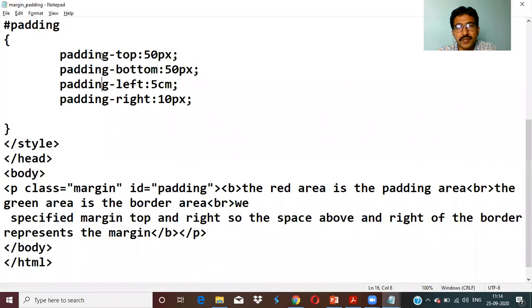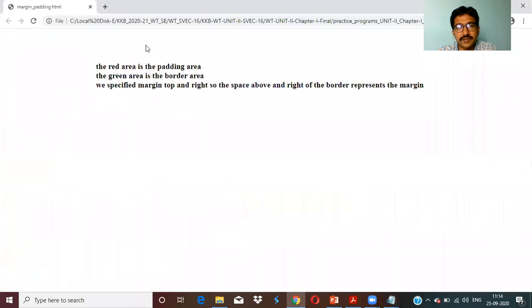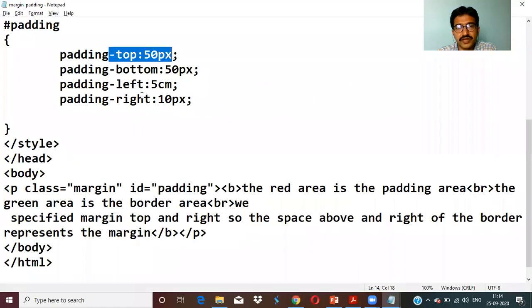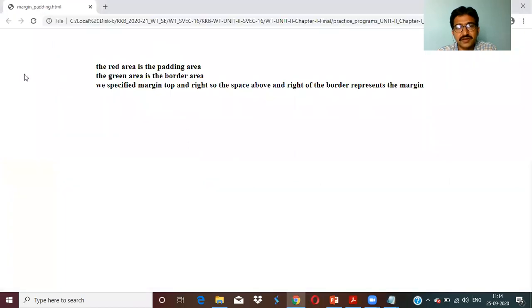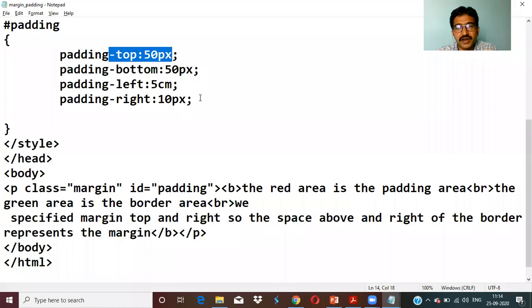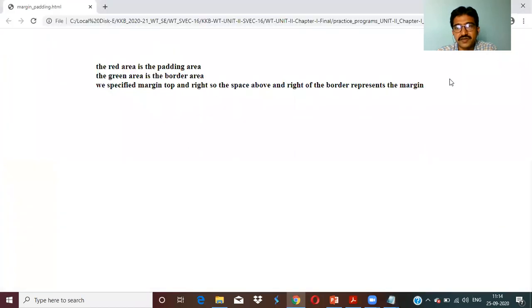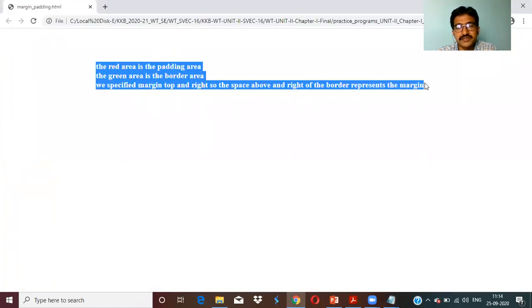Padding top is how much? 50 pixels, from the top. Bottom is 50. Left is 5 centimeters and right is 10 pixels. So it gives you the padding inside this, but it is in a hidden form.